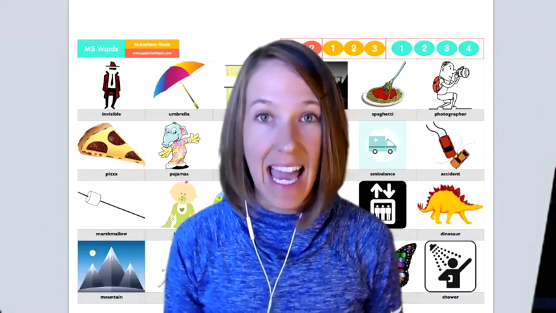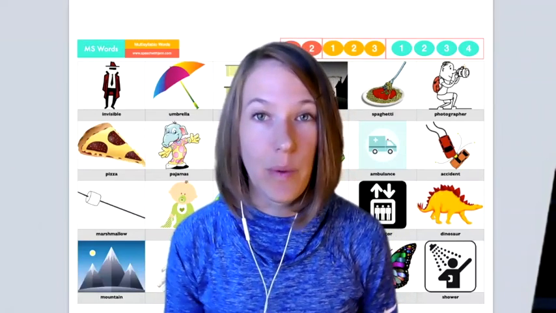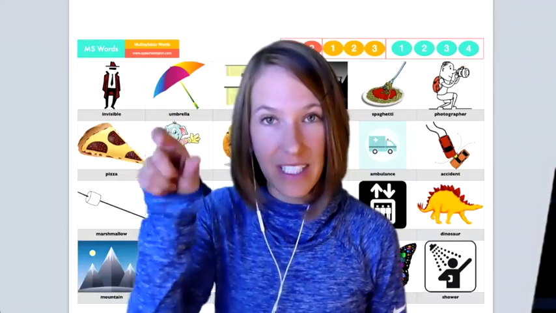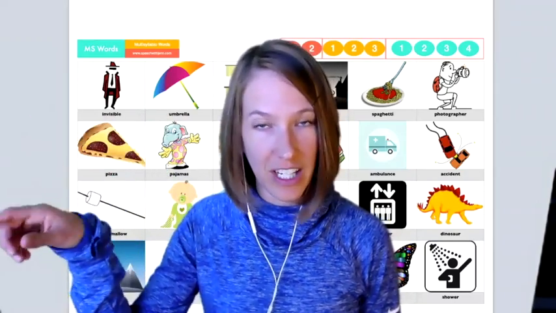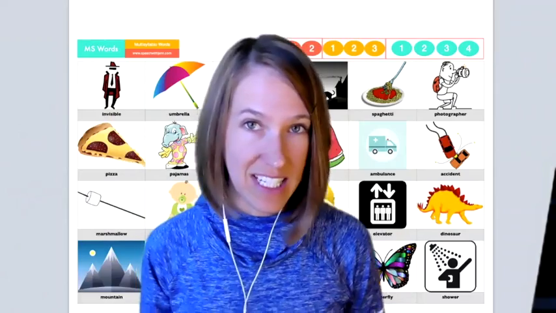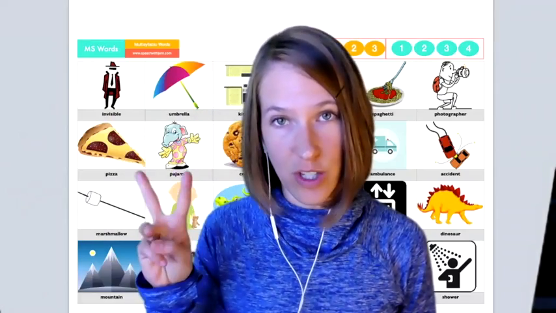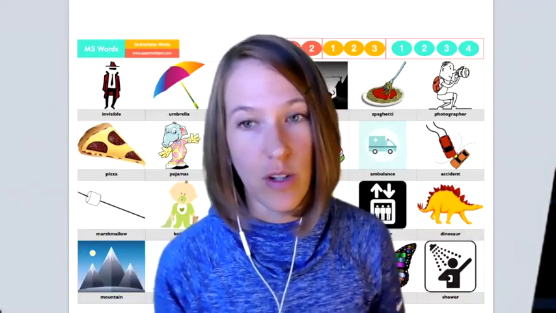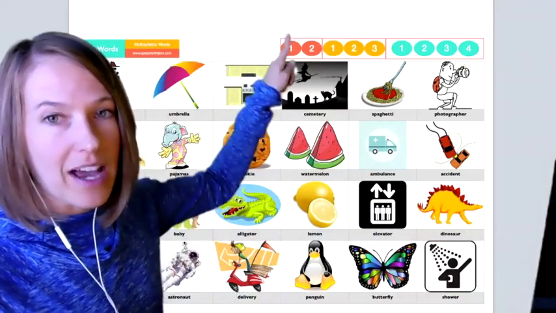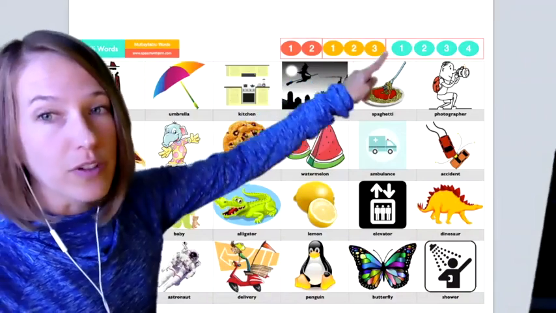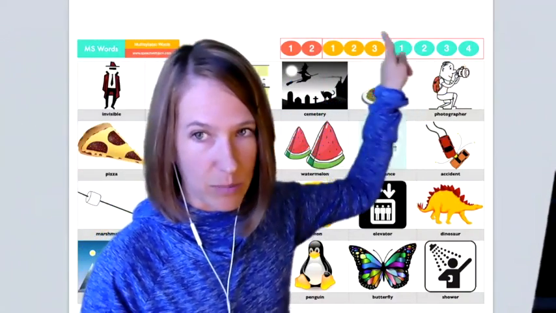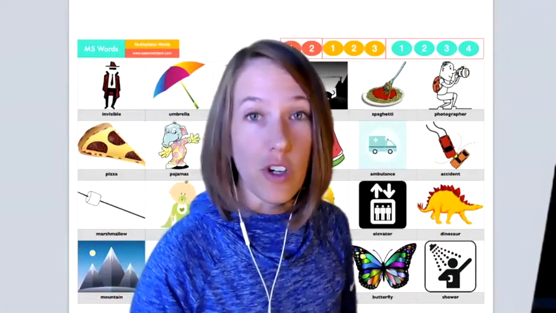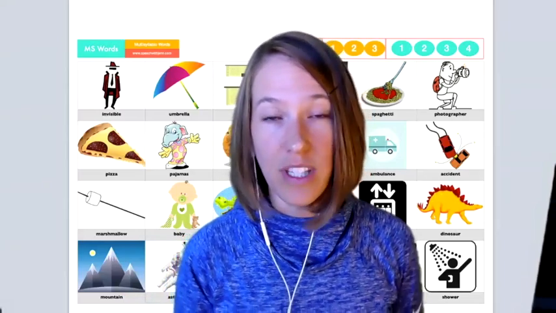So those are words that have more than one syllable, and when we say them, it's really important that we say each syllable in the word. So words that have just one syllable are words like chair or zoo, and you can put syllables together to make multisyllabic words. So the words we're going to be talking about today will have either 2 syllables, 3 syllables, or 4 syllables. I'm going to do 4 of these words with you,